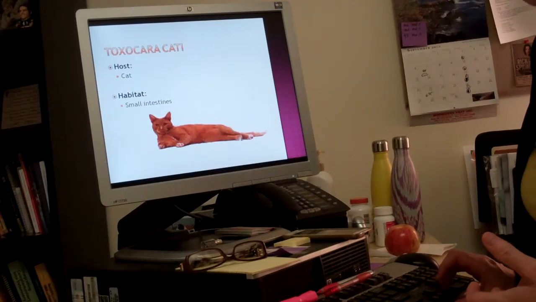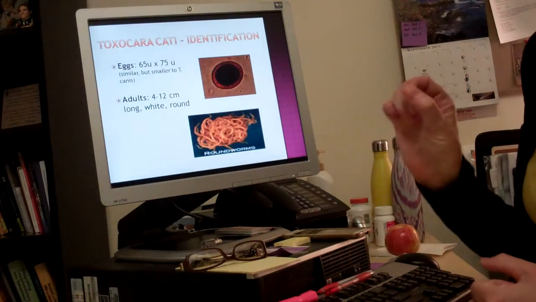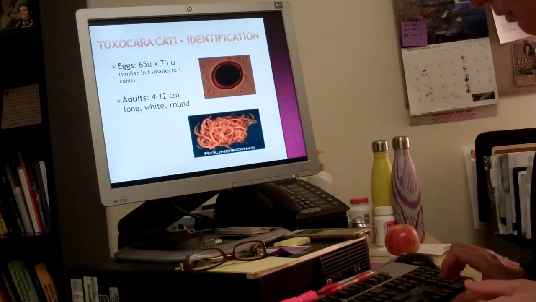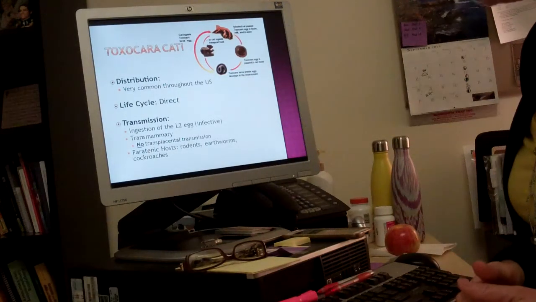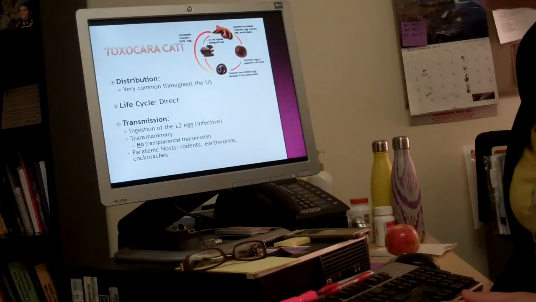All roundworms reside in the small intestines. The eggs look identical to Toxocara canis, just a little bit smaller. The adults look identical to Toxocara canis, just a little bit smaller. Cats are all over the planet, every single continent, so you can imagine this is worldwide, obviously common throughout the